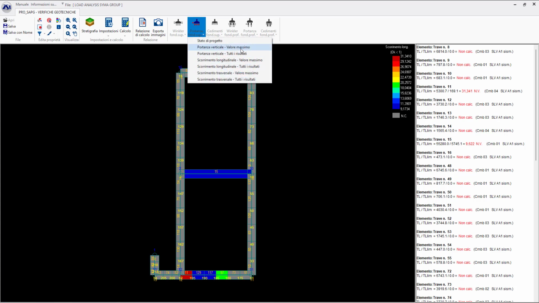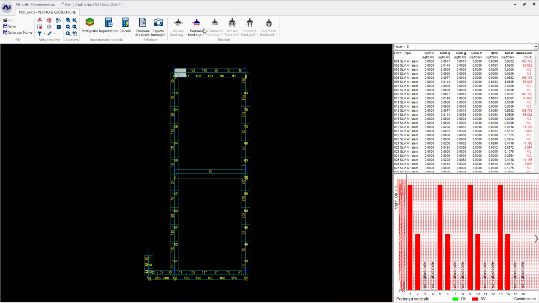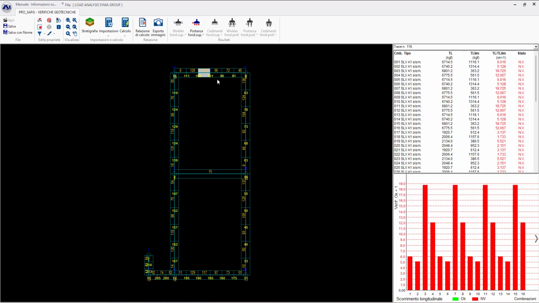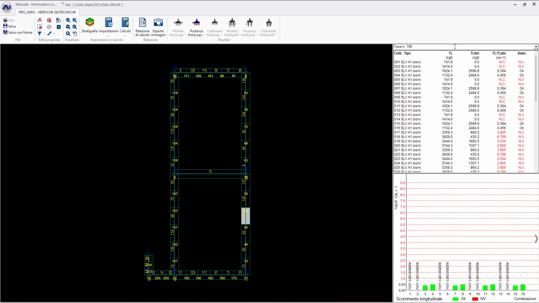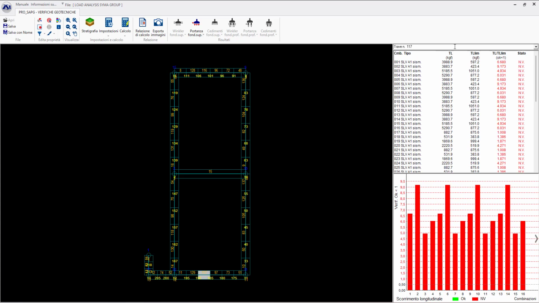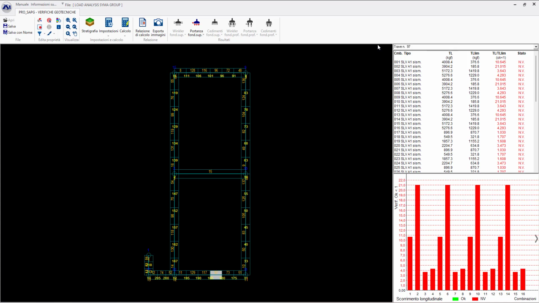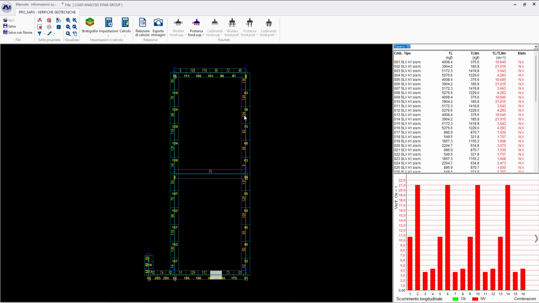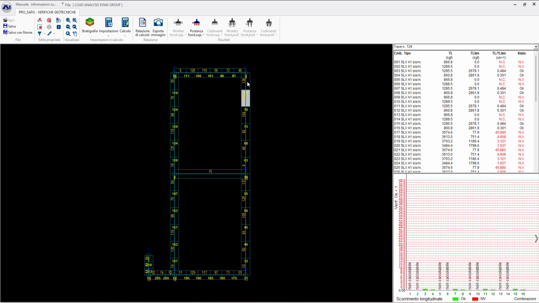If we go on valore massimo, you'll see a map with all the structure. If we go all the results, select this, you can move between elements, and for each element check the various results. You have this menu. You can also go with the mouse rolling, or just click on the single element.